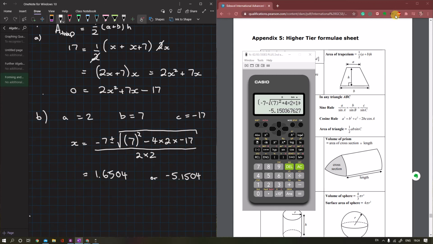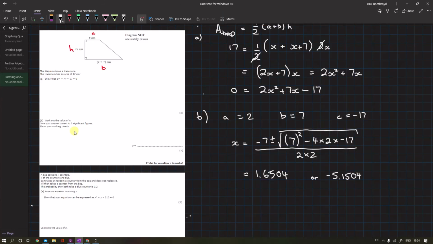I'll just go back to having the question set full screen. So now I need to actually show my answer, and this is common in Excel. Give your answers to 3 significant figures. Remember, 3 significant figures, the first most significant digit is the first one that's not 0. We want 3 figures, and the 0 says round down, so the 5 stays the same. 1.65. Okay. I'm going to create this